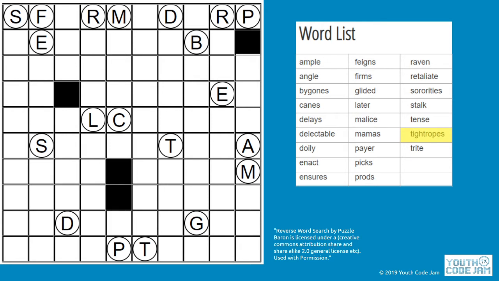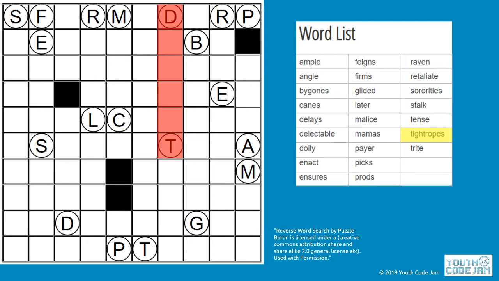So the first long word that captures my eye is tightropes. We have two T's here. So the word tightropes is going to branch off of one of these T's in any of these directions. It could be backwards, it could be upside down, it might be diagonally. So make sure you look at all of these different directions. We're going to start with this T, and we'll see that the word tightropes doesn't fit this way. T-I-G-H-T-R. We run into this D where there's supposed to be an R, and it falls off the grid,